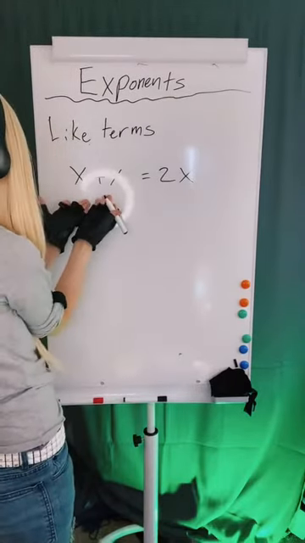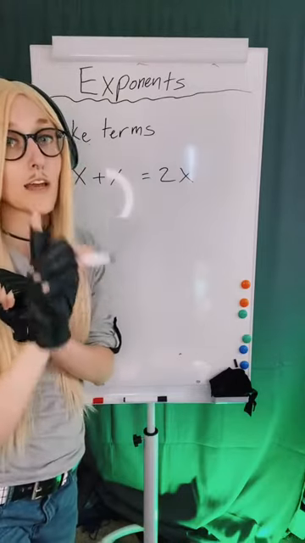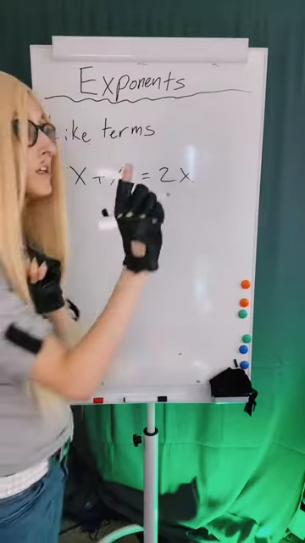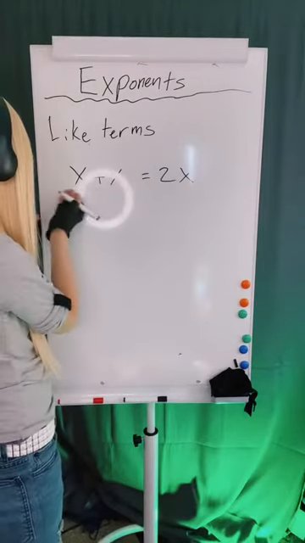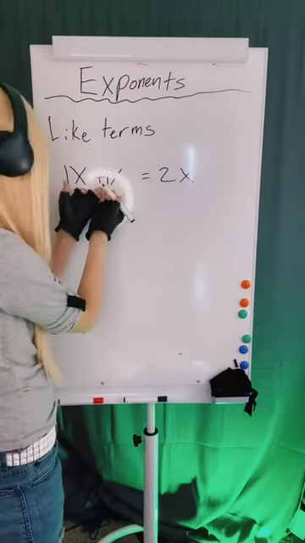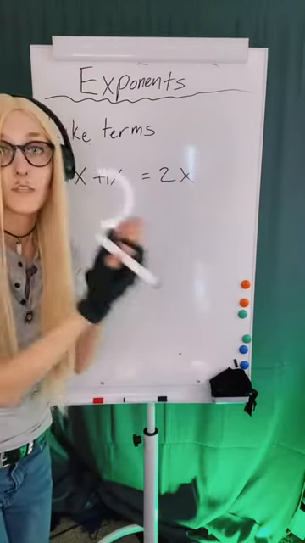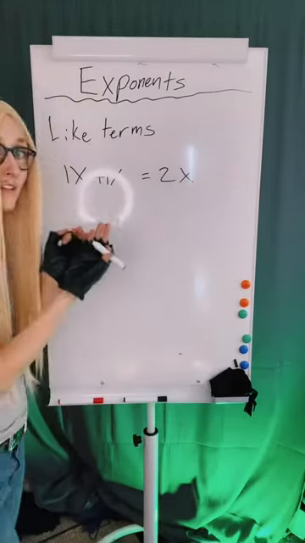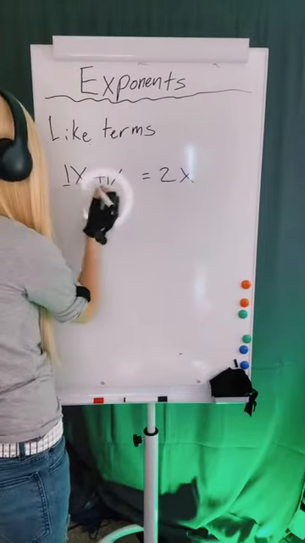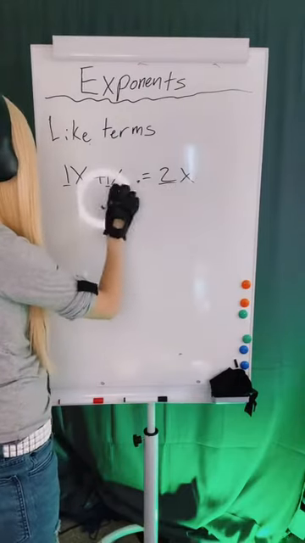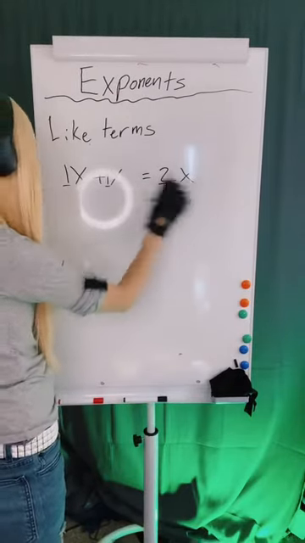Similarly, or like rewind. I think I may have said that in a way that was confusing and misleading. So let's rewind and restate. So we all know that if I don't have a number in front of a variable, we talked about variables last time, it's just an imaginary one, right? Because I have one of that thing. 1 times anything is itself. So that's actually what I'm adding here: I do the 1 plus the 1 to get the 2, and I can do that because they have the same variable. They have a like term.